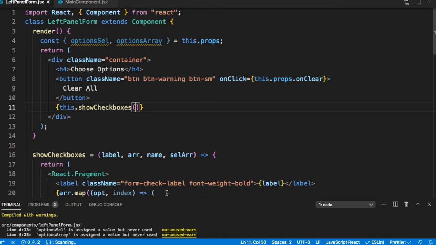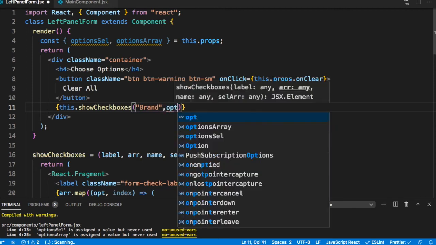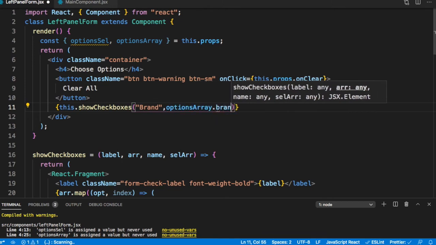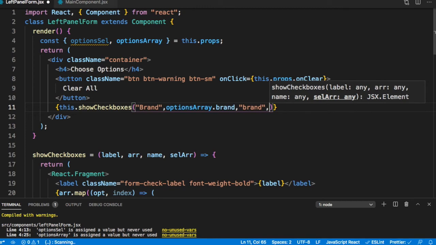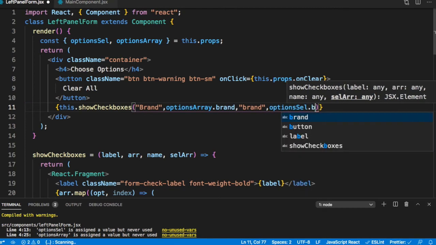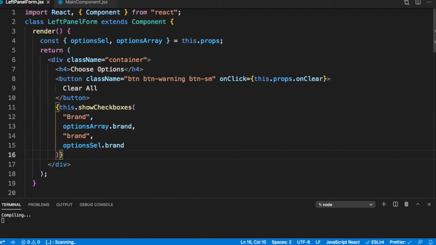So this would be, what is the label? The label will be brand. What is the array? The array is options array dot brand. What is the name? The name is brand. And what is the selected array? Options selected dot brand.